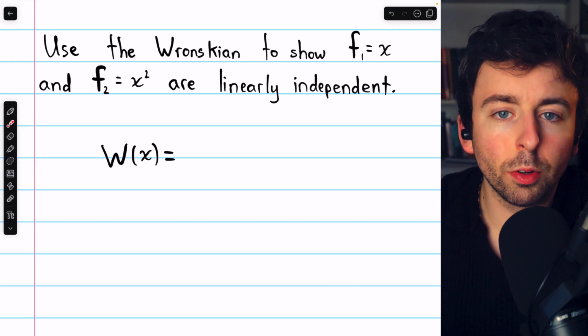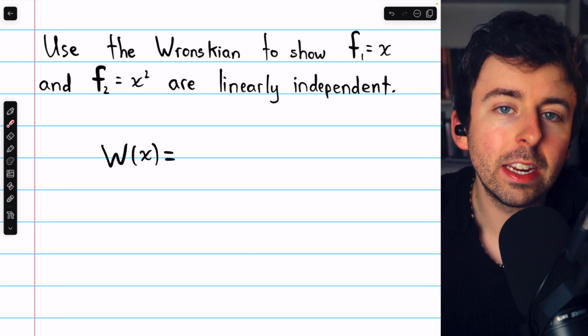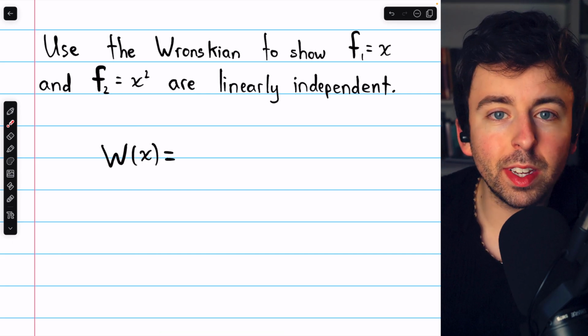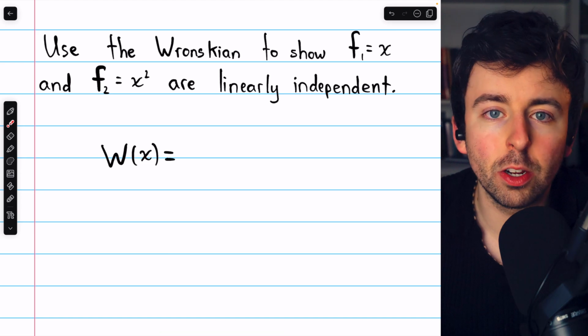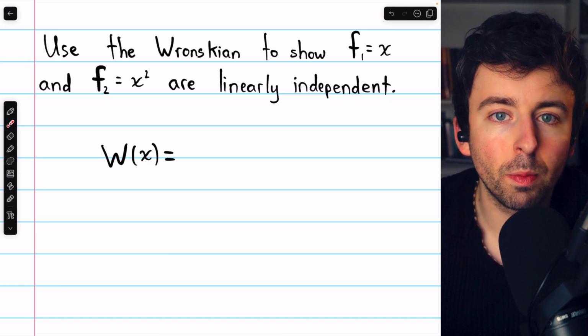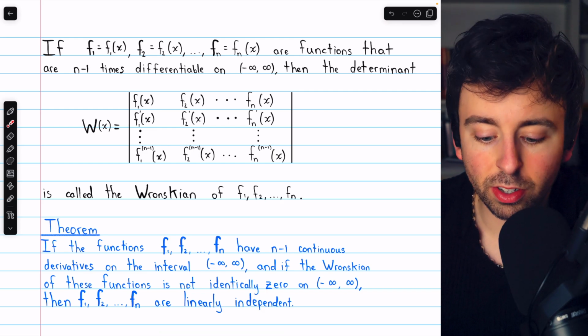We're going to use the Wronskian to show that the functions x and x squared are linearly independent. We previously introduced the Wronskian and how it can be used to show a set of functions is linearly independent. I'll put a link in the description to that video. You can pause and read this if you want a quick review, but the gist of it is that if